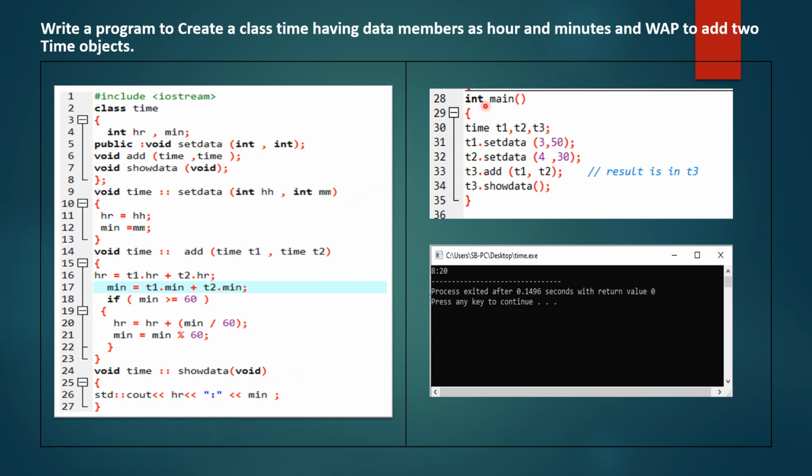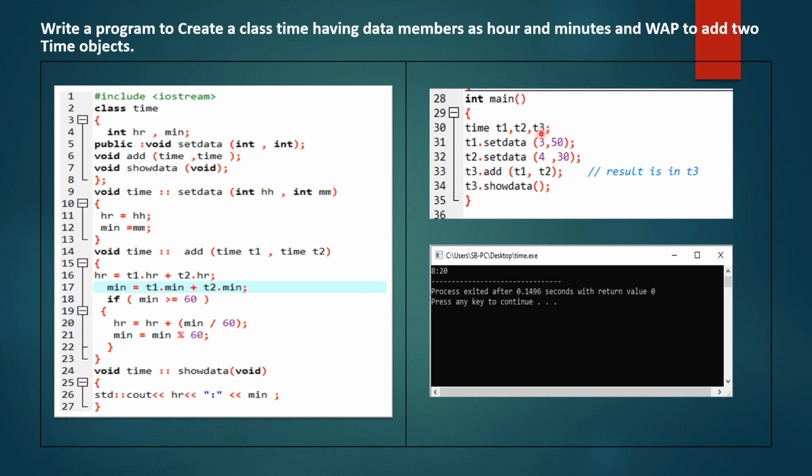Now we will see the program in int main: time t1 comma t2 comma t3, t1 dot set data 3 comma 50, t2 dot set data 4 comma 30, t3 dot add t1 comma t2, and t3 dot show data. Now one by one we will see. We have created three objects, T1, T2 and T3.